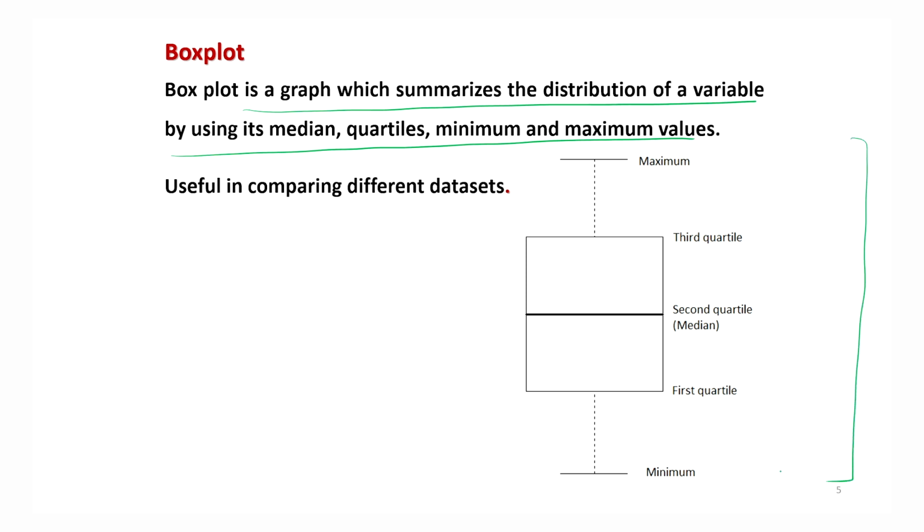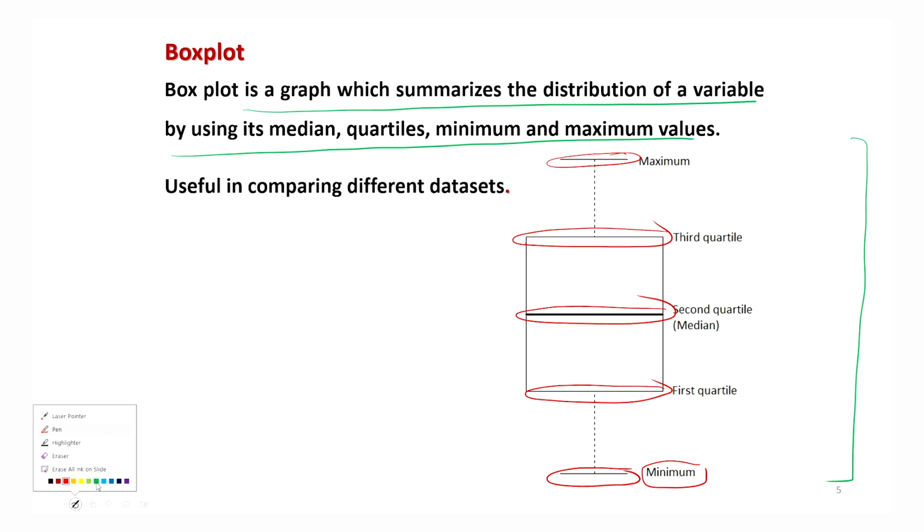If you look at the bottom value, this line is indicating a minimum, right? And then there will be a box, and then there is going to be a center line, and then there will be a top line, and these values are going to give you different types of information. I will try to explain you one by one. These are the values which are important, which I am trying to highlight. Now let me take them one by one.